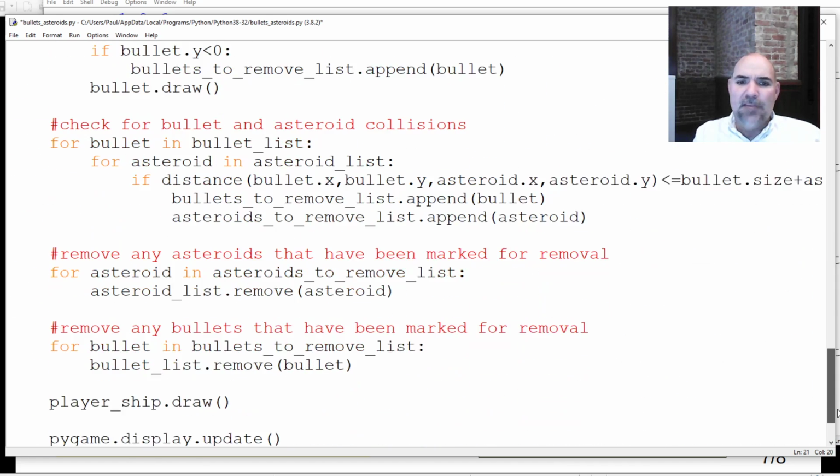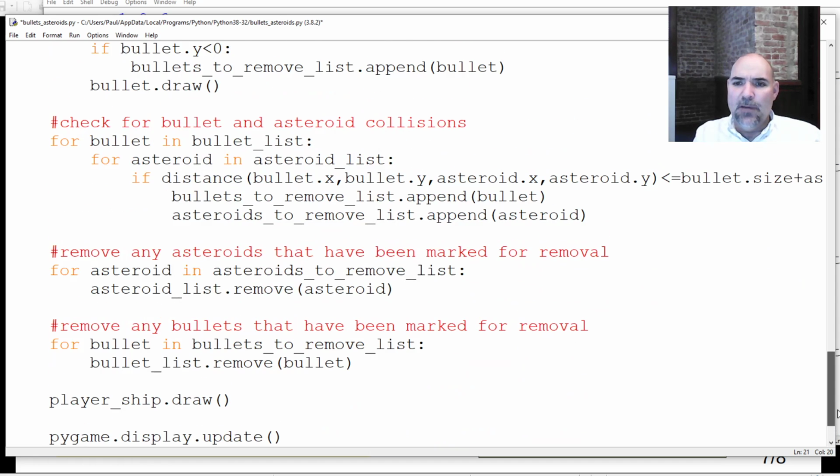And I guess whether you do less than or equal to, it's up to you. But the way I have it less than or equal, that's going to make it so if they're just barely touching then it considers them colliding. You could just do less than, so they have to be closer than that distance, but I'm just going to leave it like that. Now, there is one thing wrong with this code, and the thing wrong with this code